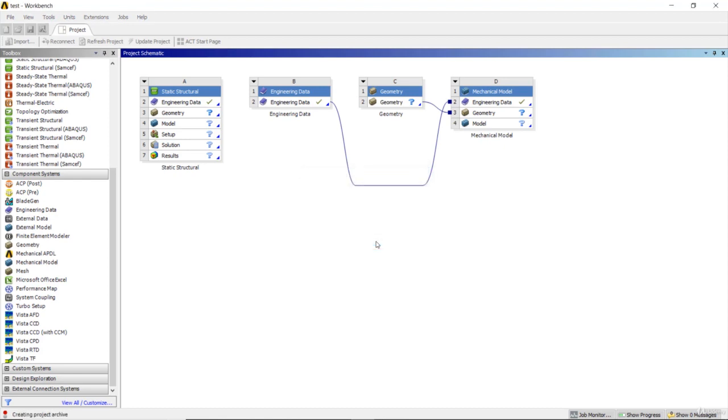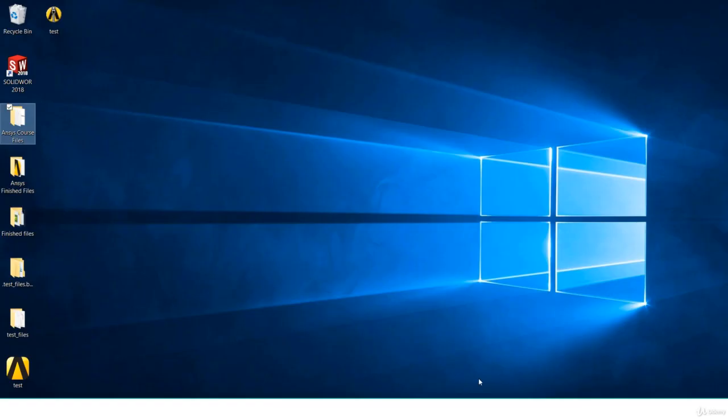Once we press Archive, a file will be created. Coming to the desktop again, you see that when we have saved the Workbench in the archive format, only one file has been created, and the file extension is WBPZ. And see here, in order to symbolically say this is an archive file, a zip symbol has appeared. So this is an efficient way when you want to send your project files without any loss to other persons.